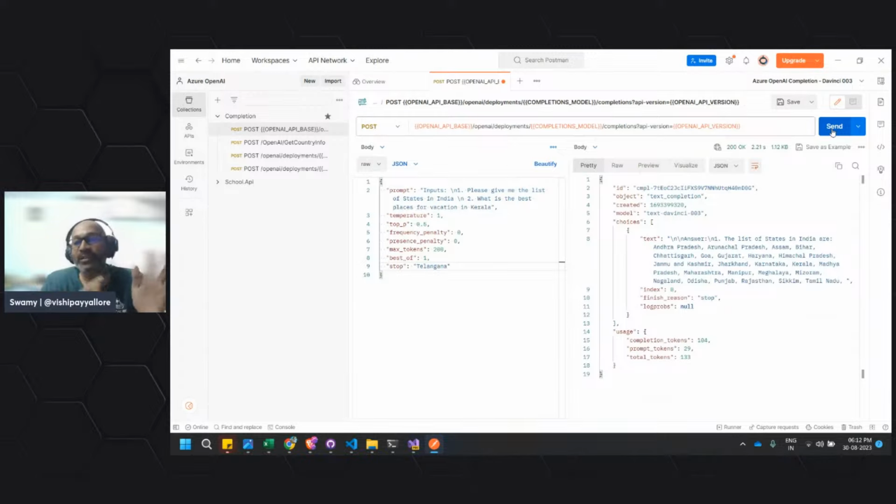Again the finish reason says stop, which means it executed my job. We gave two prompts and asked for the output, but we said stop as soon as you find Telangana. So it stops. If you don't want it to stop at anything, you can set it as null.